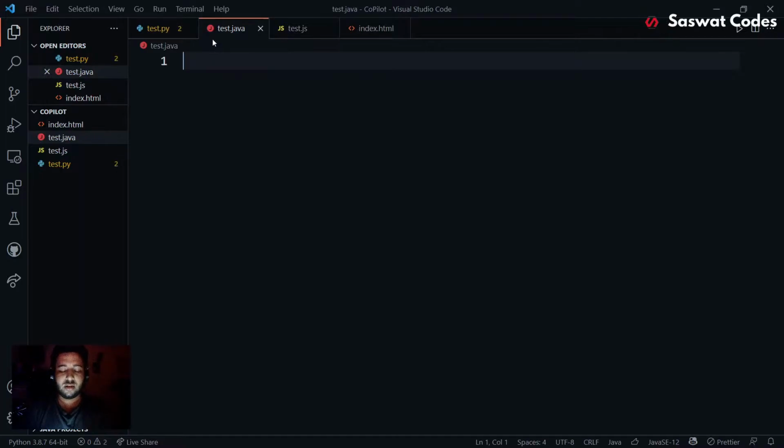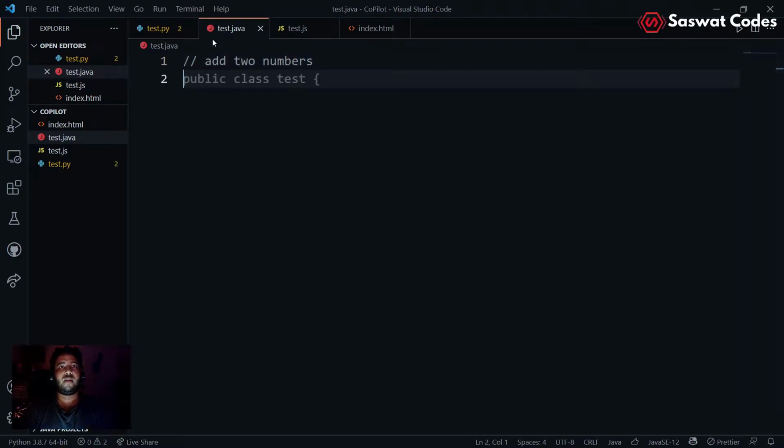Let me just comment the thing and I'll give it 2 numbers. And okay, it generated the test class. One thing I notice is that it is getting the same class name as given. I have seen some auto code tools that usually generate the class as the main class, naming it class Main, but this generates its own class. Then I will take the enter.